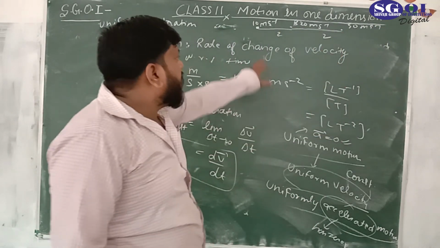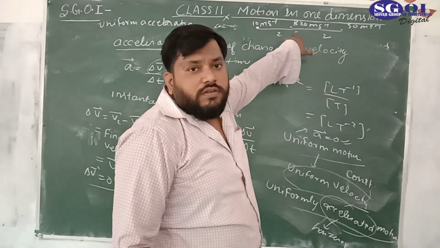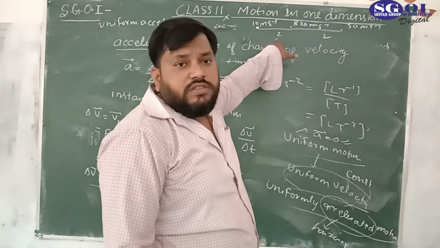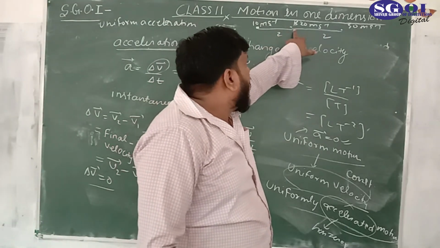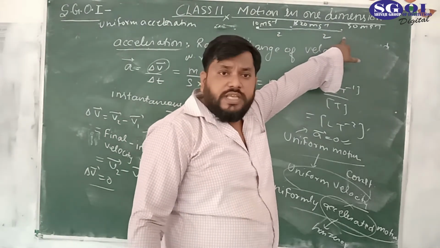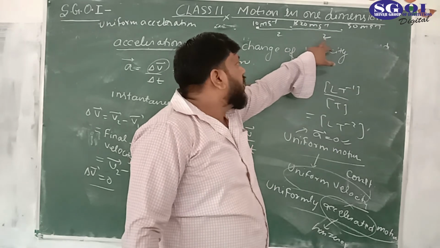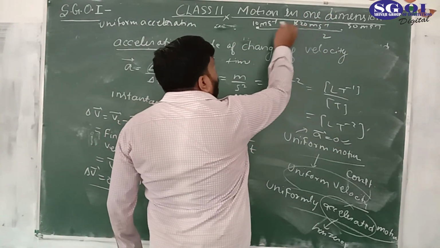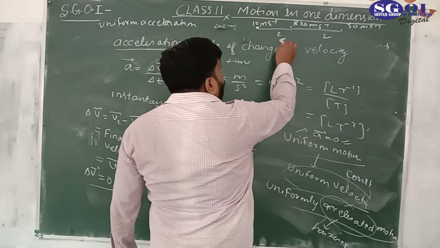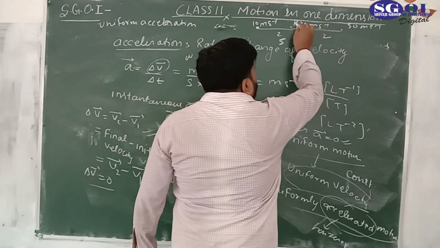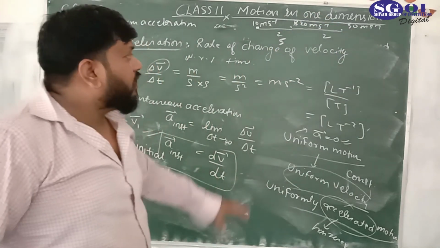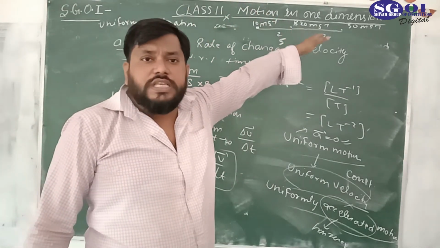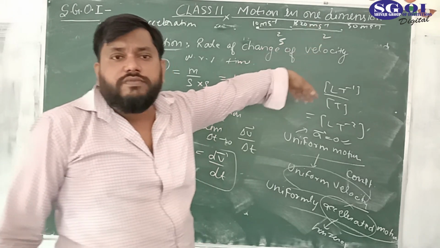You see that from 10 to 20, what is the change in velocity? 10 meter per second, in that 2 seconds. From 20 to 30, again 10, the same amount changing in the same interval of time. It means acceleration is 20 minus 10, which is 10, divided by 2, which is 5. Here it is 30 minus 20, 10 divided by 2, which is 5. It means constant acceleration. Velocity is changing, but the change in velocity is constant with respect to time.